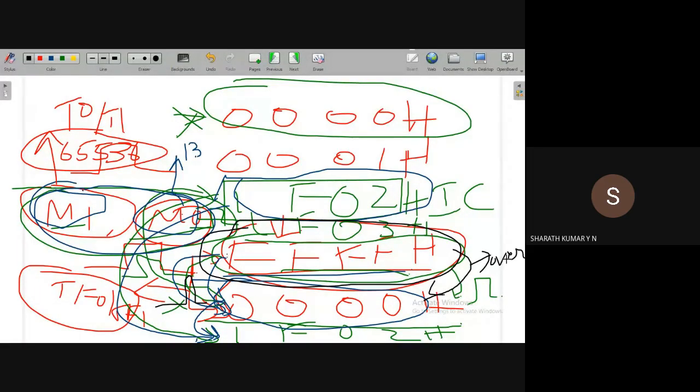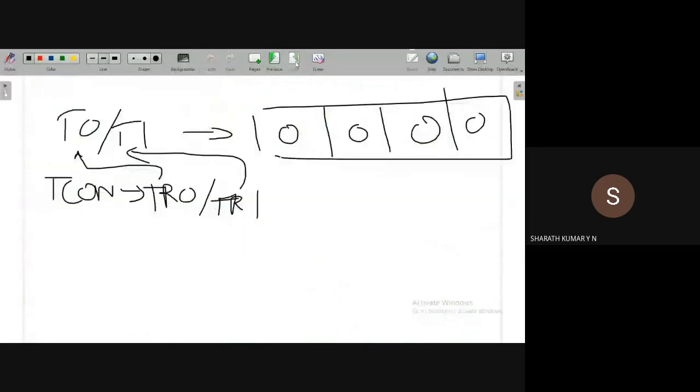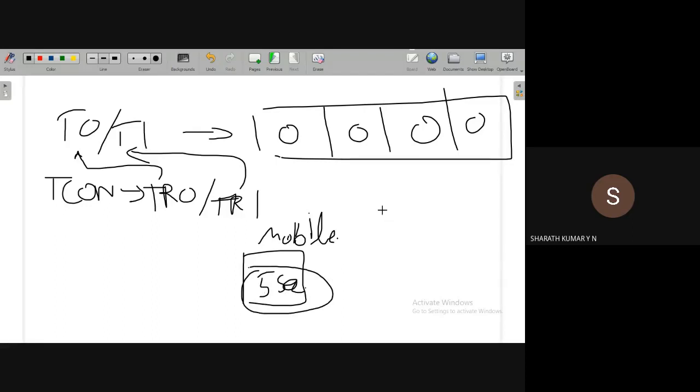Let us say, for example, a mobile device. Its screen timeout period is, let's say, around 5 seconds. How does the mobile device know that 5 seconds has elapsed? The internal timer starts and counts clock pulses.